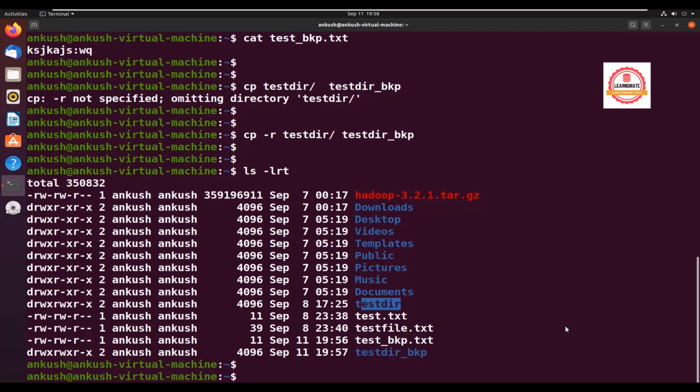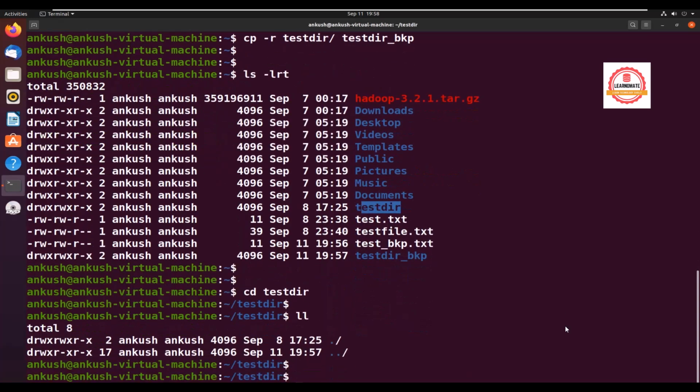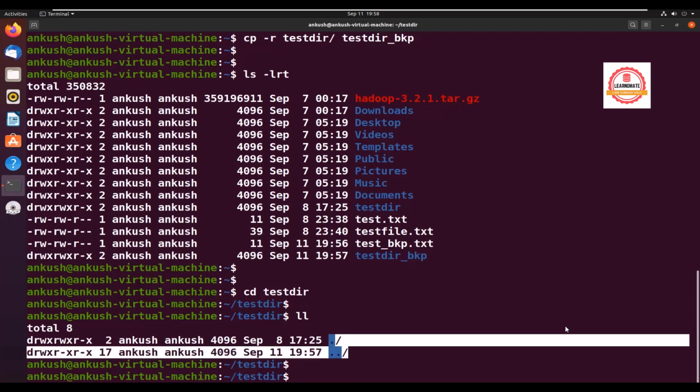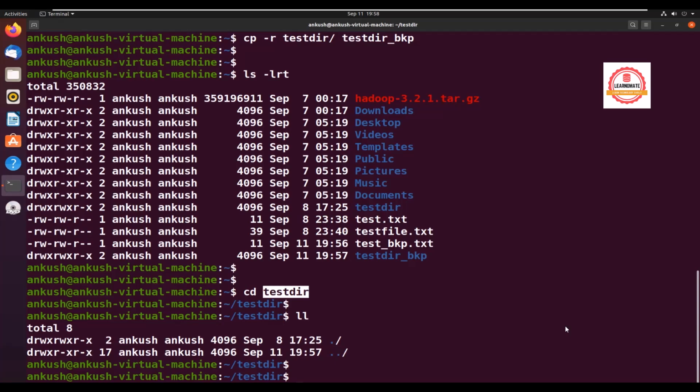Let's say I'm going inside the directory. Whatever files and directories are available right now, we don't have any files here, and whatever is there is hidden only. Because of that you can see dot. So what I mean to say is, cp -r is the command that helps you copy your directory along with subdirectories, because this test.dir can also contain other files and directories. So it will copy everything inside this directory. So that's the difference between the cp command and how we can copy a directory.